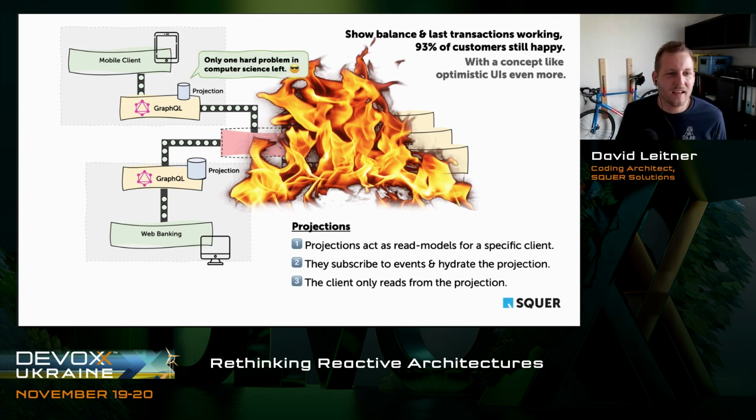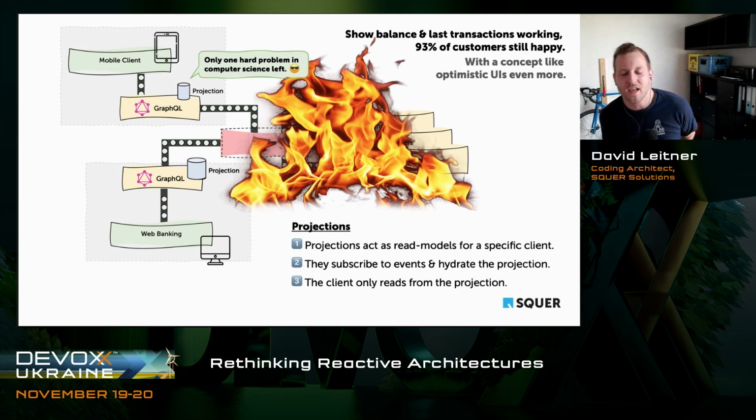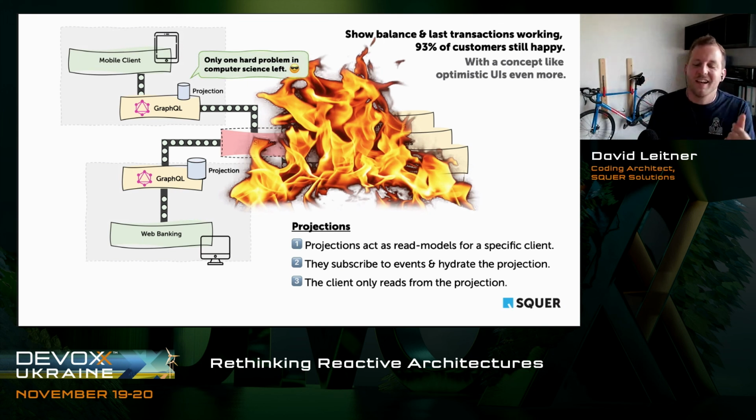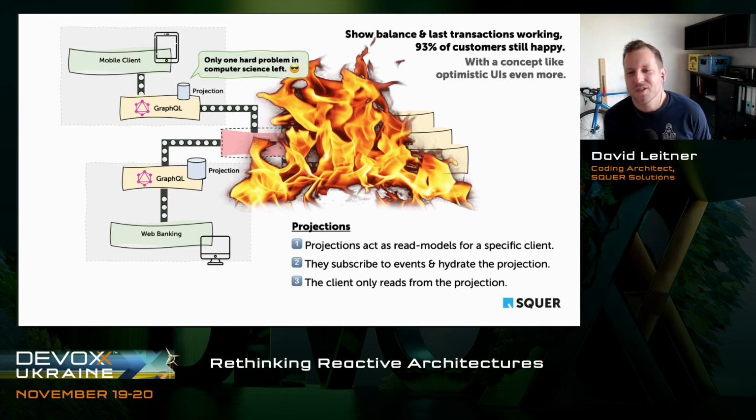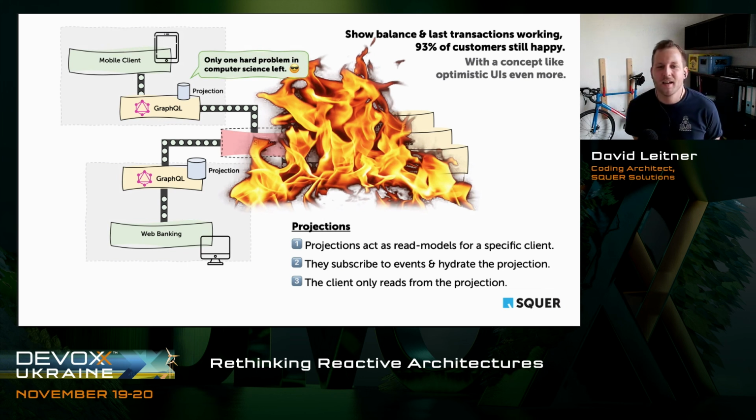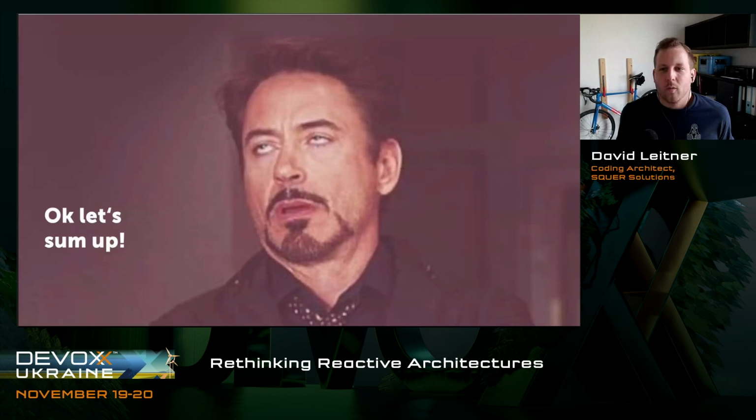We just need to take care about naming, because cache invalidation in a push-based asynchronous system is not a problem anymore. Because we don't need to validate when a transaction or a balance is not valid anymore, because we always get it pushed anyway, right? So cache invalidation is usually a thing you don't need to deal with anymore when you go with reactive architecture. Okay, guys, let's sum up what we've seen.